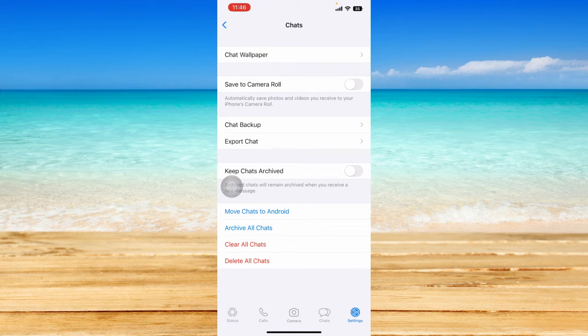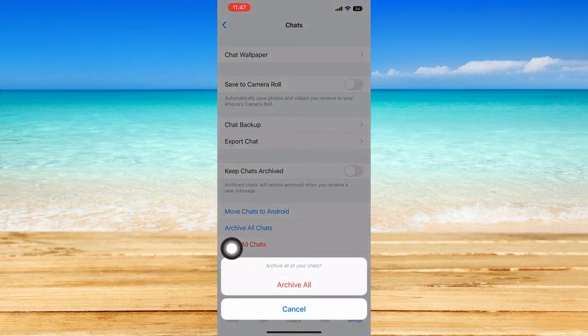And immediately you will see many options to change your chat wallpaper, to automatically save your photos and videos, to back up your chats, export your chats, keep your chats archived, and move chats to Android, and finally the archive all chats, which we're trying to do. So you can just simply archive all your chats with one click by clicking on this one. And then this window will pop up and you can just click on archive all